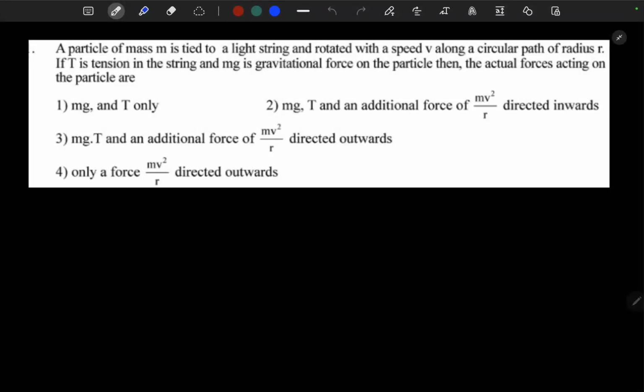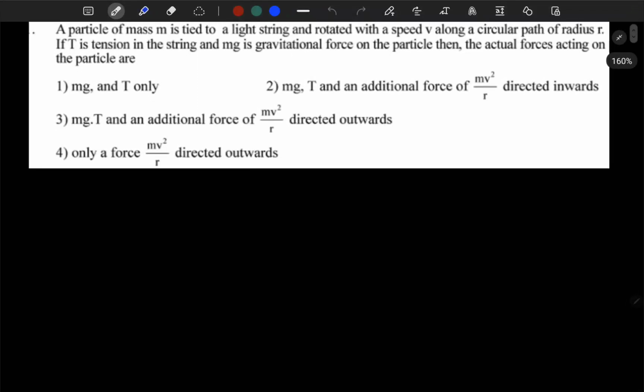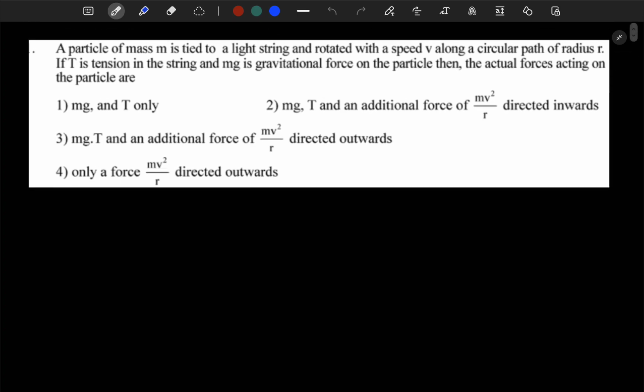Here is question number 1 for the physics paper on 24th September 2023. The question says that a particle of mass m is tied to a light string and rotated with speed v along a circular path of radius r. If T is the tension in the string and mg is the gravitational force on the particle, then the actual forces acting on the particle are: